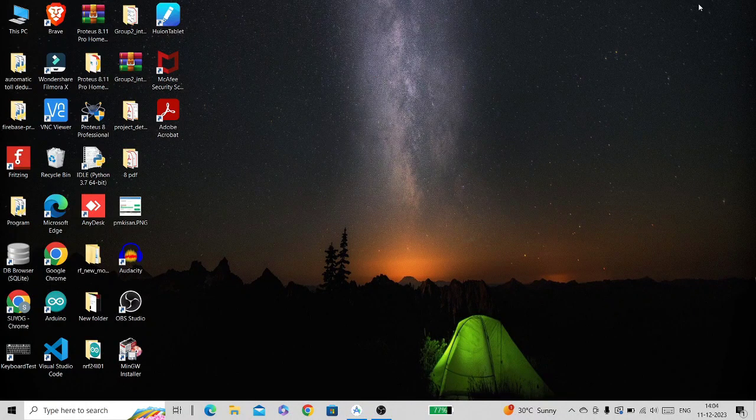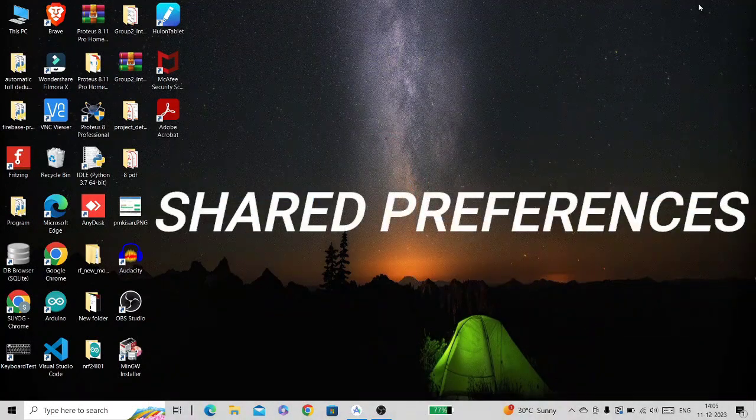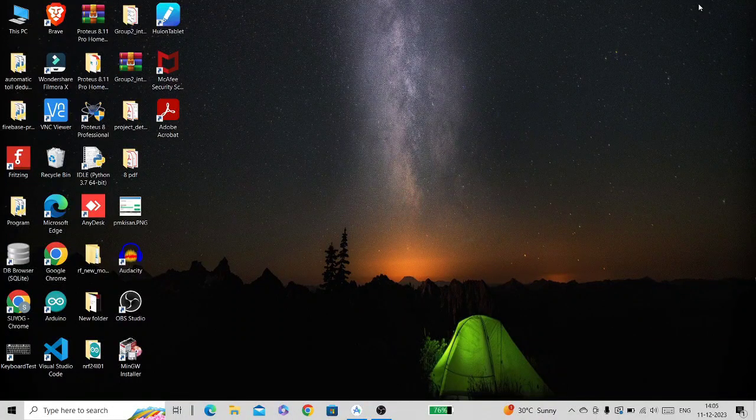It means that this is a problem in our app, and therefore the solution of this problem is the topic of today's video, which is shared preferences. Now shared preferences is a way in which one can store and retrieve a small amount of primitive data like string, integer, float, boolean, etc. as key value pairs on the device. And because we can store the data on device storage, we can retrieve it anytime if we close the app and then open it again. Now let's see how we can use shared preferences to solve our problem of revisiting the login screen even after successful user login. So without wasting time, let's start the video.